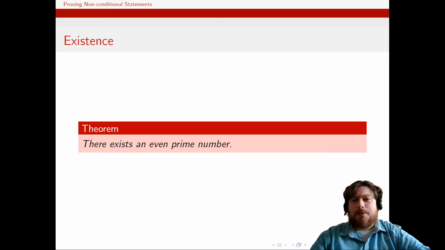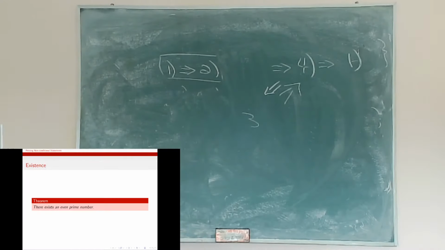Now I don't have it written up here, but we could also do a uniqueness proof. What would uniqueness mean? We could say not just there exists an even prime, but there is a unique even prime. And a uniqueness proof would mean that, well, there's only one of them. So exist means there's at least one, and uniqueness means there's no more than one. So to show uniqueness, I have to show that if there were two of them, they would actually have to be the same. So if I go up to the board here,